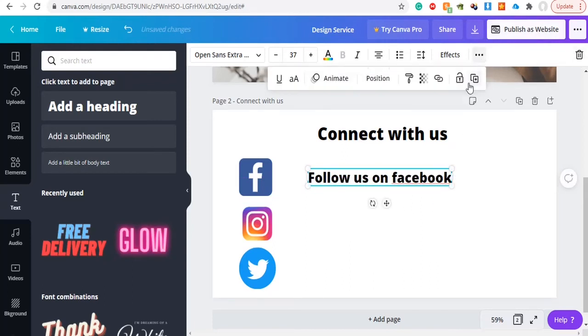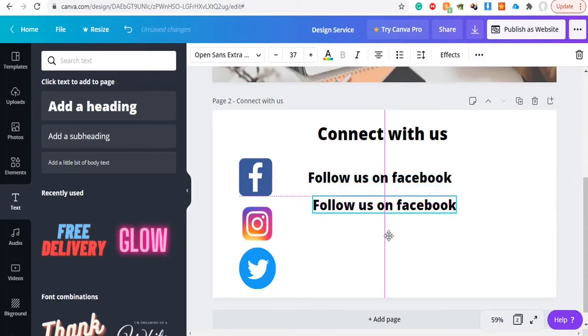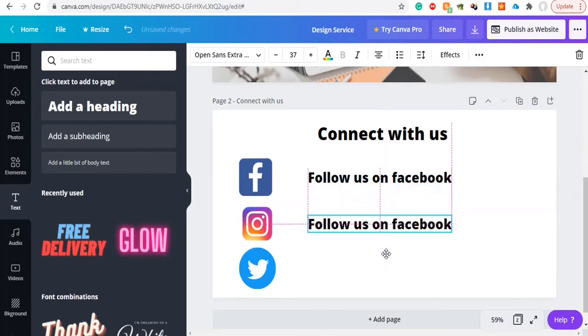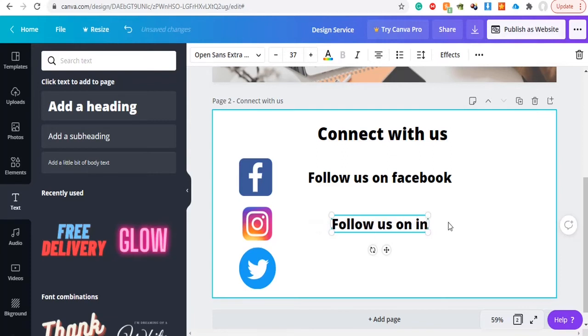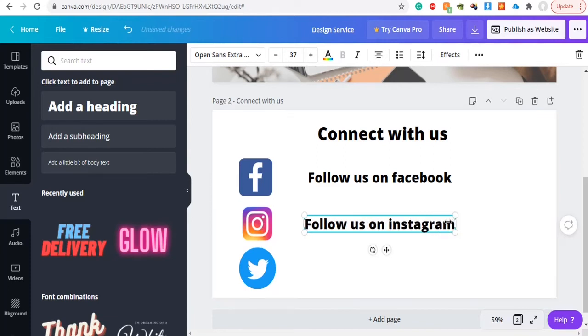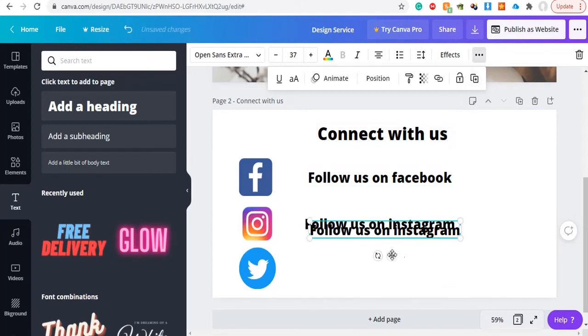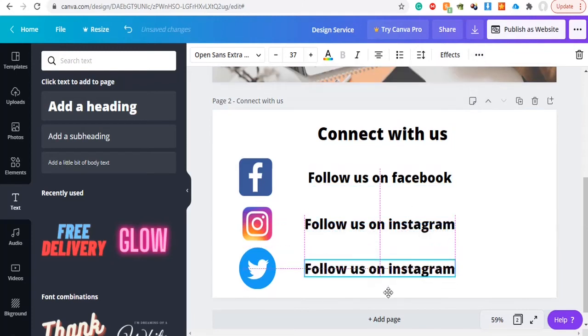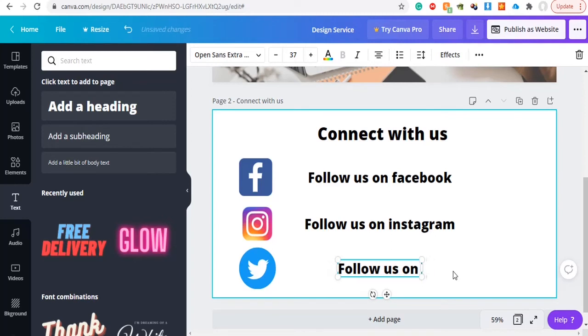Click on the three dots and duplicate, and you can put it below this text. And now instead of Facebook, you can just edit and write Instagram. Same, you can duplicate it for Twitter and place it here.